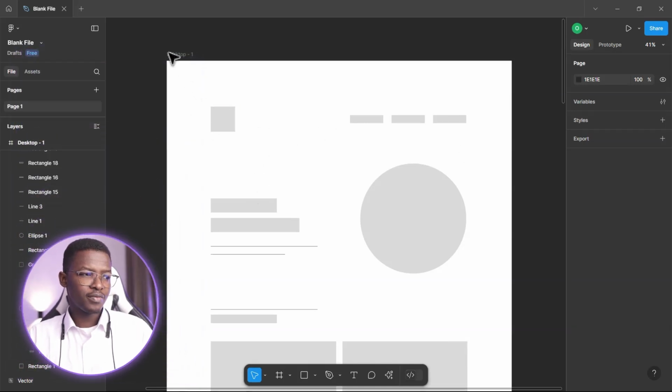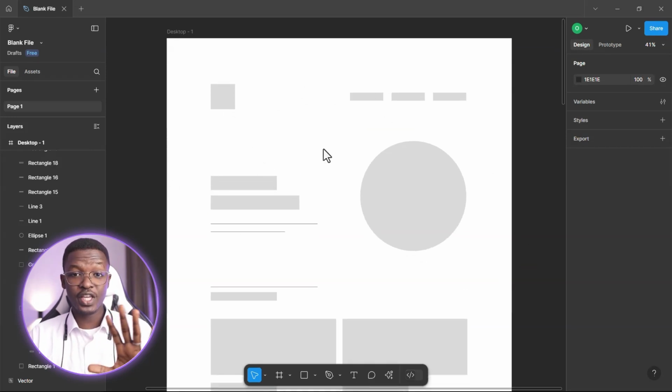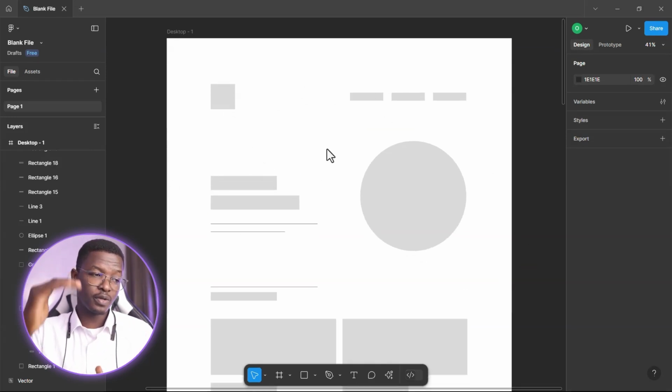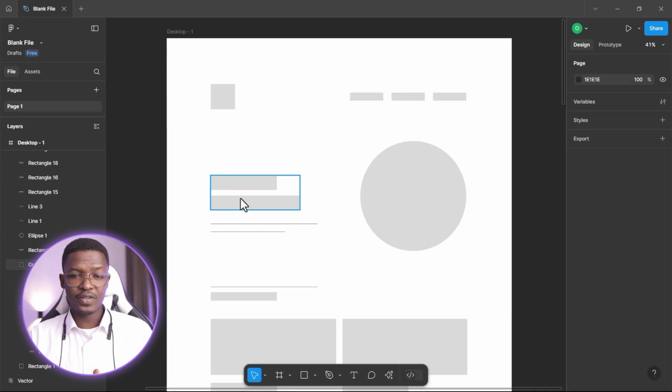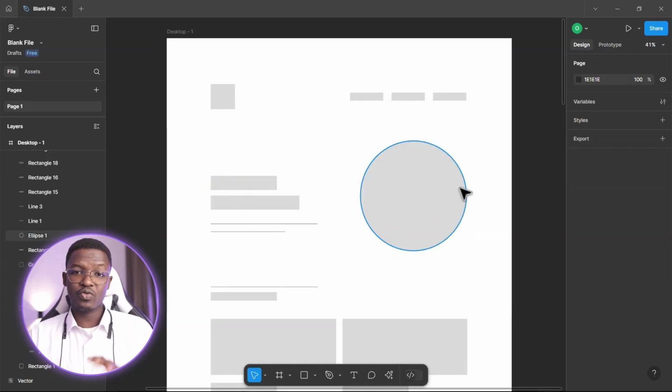Inside of my sketch here, I have the logo, which I represented with a square. I have the navigation items at the top here. We're going to talk about that in a bit. We also have what we call the hero section, the very first section on the page. Inside of here, you have maybe a big, huge title or a callout, whatever we put inside. We'll have a circle, maybe a representation of the image of the person